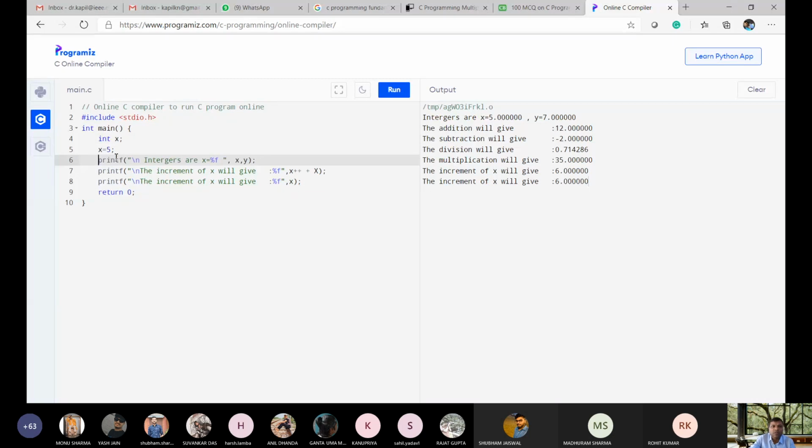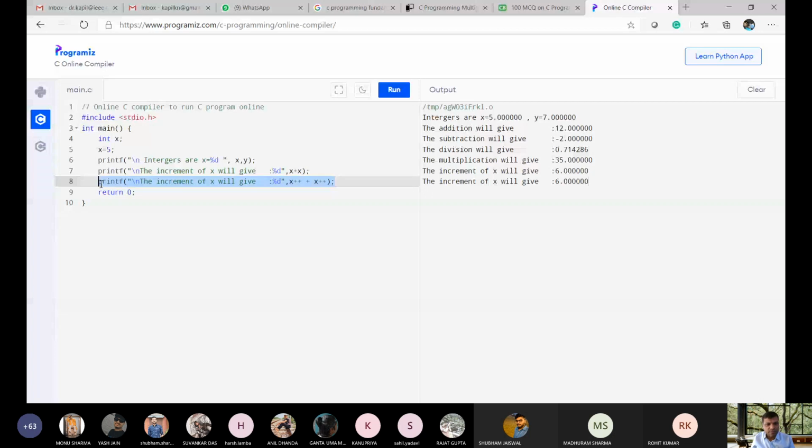A very simple program is written here. Everything is now integer, %d, %d, %d. Okay. So here I am writing x plus x. What is the answer? Now x plus plus, x plus plus. Okay.